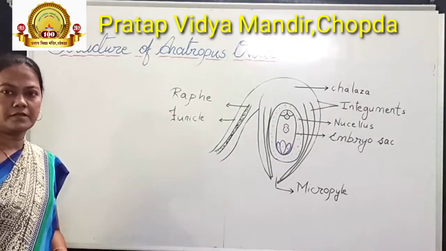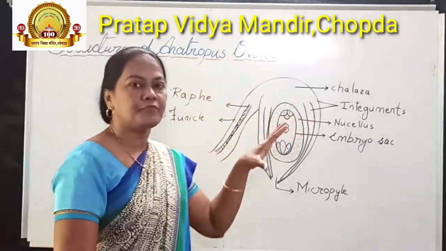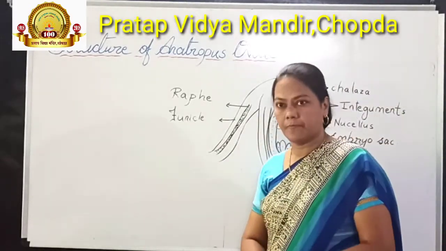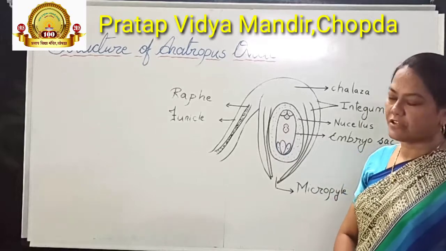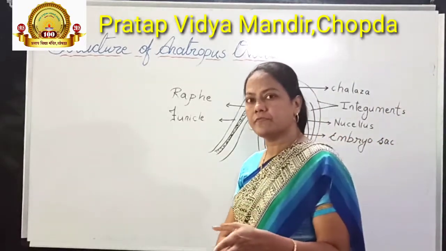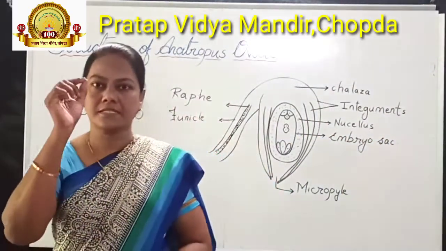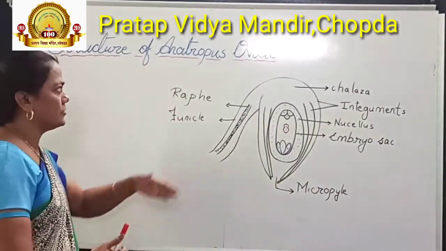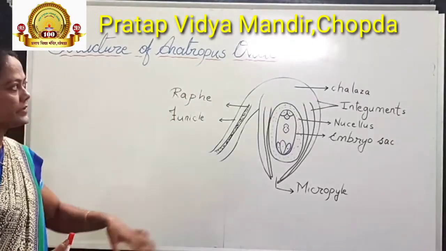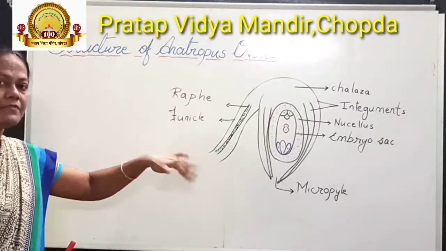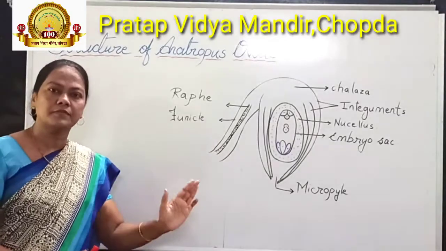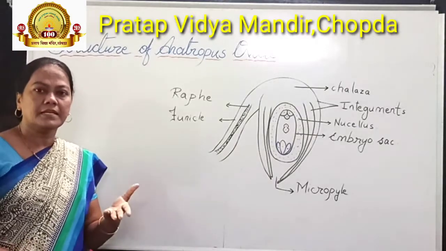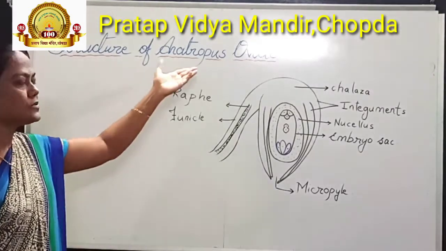What is ovule? Ovule is the female structure formed in the gynoecium. In the previous lecture we have seen gynoecium consists of three main parts, that is stigma, style and ovary. In the ovary, ovules are present. These ovules after fertilization form the seed of the plant. In angiosperms, mainly orthotropous or anatropous ovule is present.